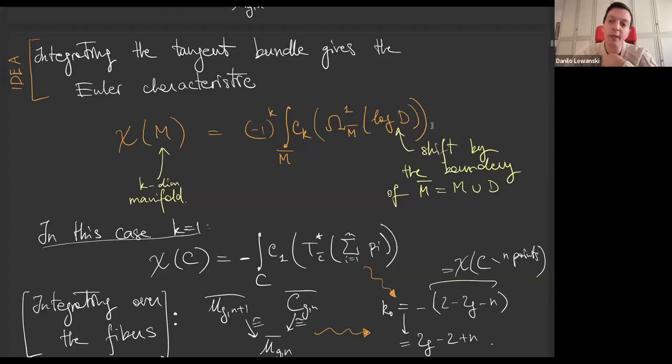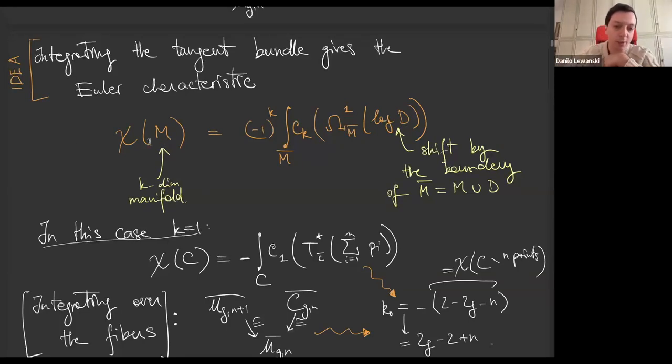But now you shift that by log D, where D is the boundary of M. So you start with something open, and you have to add the boundary D in order to compactify it, and then you compute the top Chern class of that. This might seem a little bit complicated, but now we can adapt it to our case where k